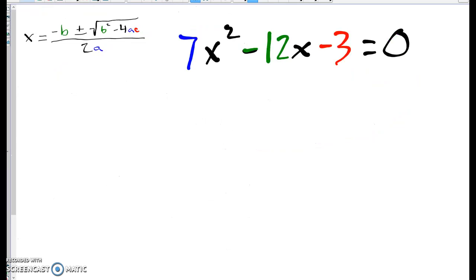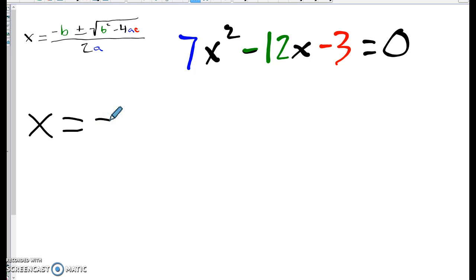All right, finally, I'm going to look at one that is already in standard form, but maybe is not going to be factorable and see what we can do with it. So we're still just going to start the same way. This is plugging in these numbers. Notice the right-hand side of the quadratic formula just has numbers, A, B, and C. We're solving for the variable here. So we're going to plug in,